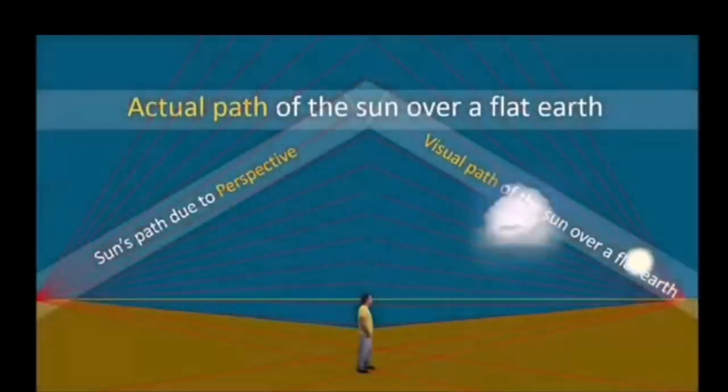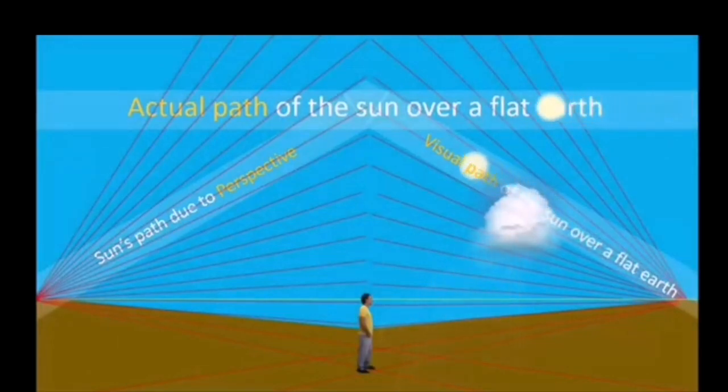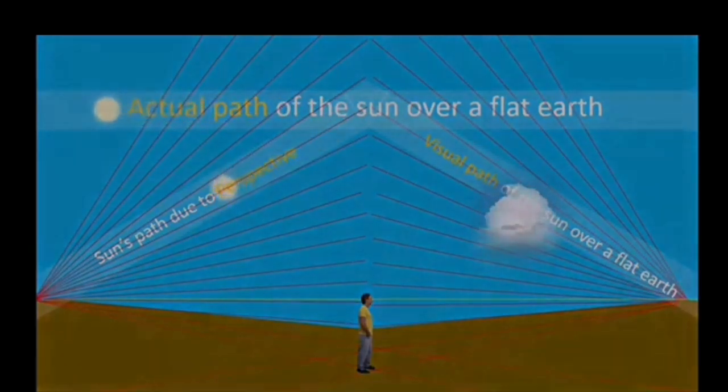Living in illusion, the earth is flat. We take some illusion, the earth is flat. Living in illusion, so people don't know what to do. The earth